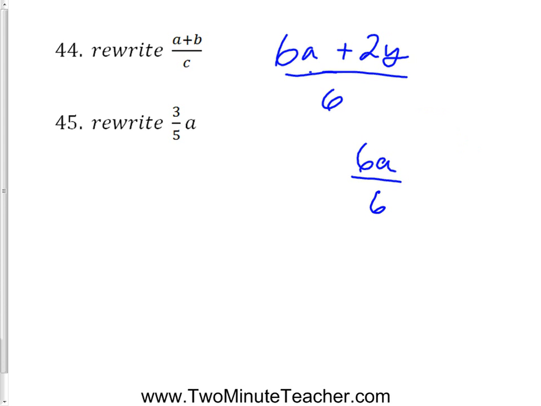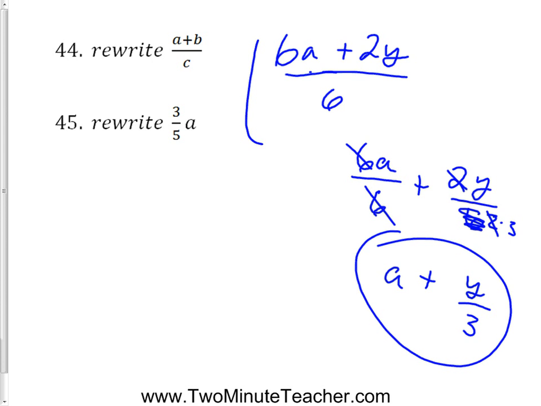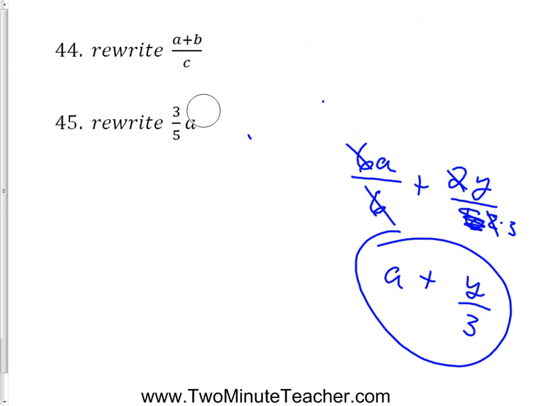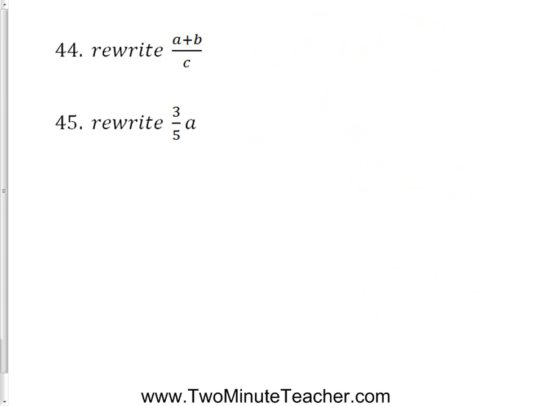6a over 6 plus the 2y over 6. And then these can cancel and turn into 1s. Plus 2 over 6, well, a 6 can be written as 2 times 3, and then I can cancel my 2's. 2's cancel, turn into 1s. And so it's 1 times y is y over 1 times 3 is 3. Okay, so that is simpler than that is. And it's important for you to know that you can break this up into basically dividing both parts by the denominator. All right, let's move on